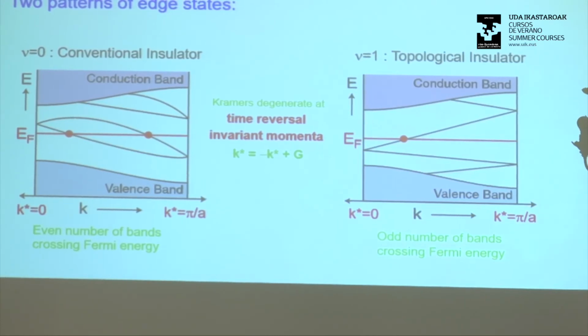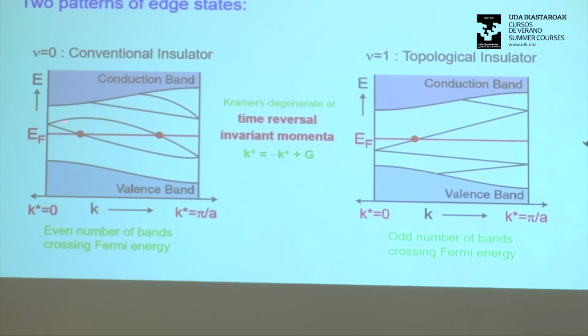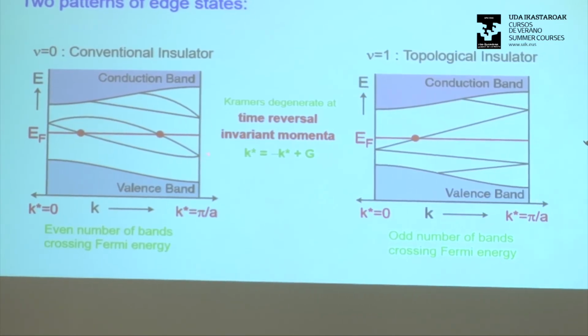configurations. Because either the Kramers pairs at 0 match up with the Kramers pairs at pi, sort of pairwise, or they switch partners. Those are the only two ways, because every other degeneracy in between is going to be split by something. You're never going to have degeneracies in the middle here because they're always going to be accidental.